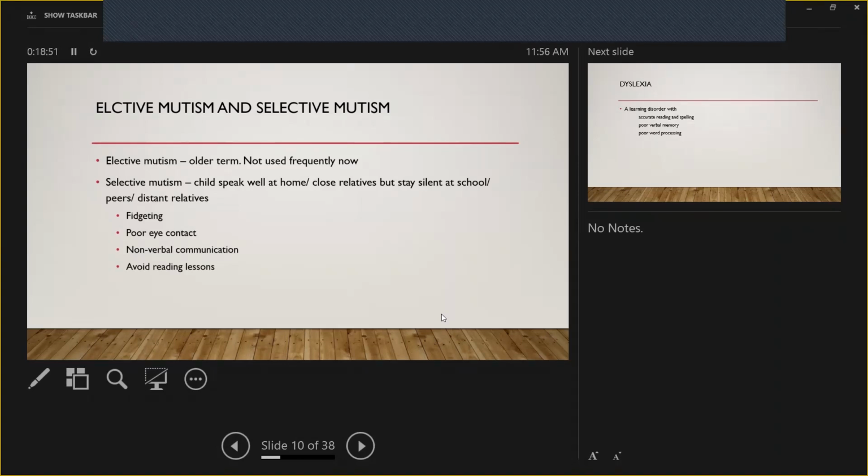Although the word says selective, sometimes a child without illness is bored with the relatives, so they will select not to speak, right? Children should have that, what you call the human right, right? Some relations are very boring, so the child selects not to speak. That is normal. Here, the child wants to speak, but can't because of a hyper-anxiety state, and they freeze,